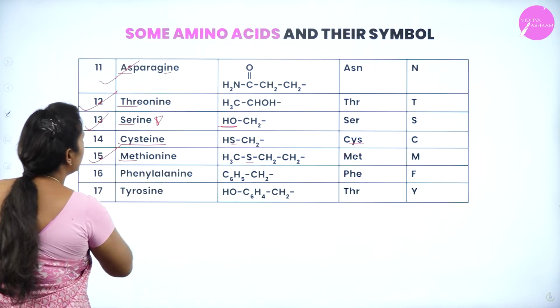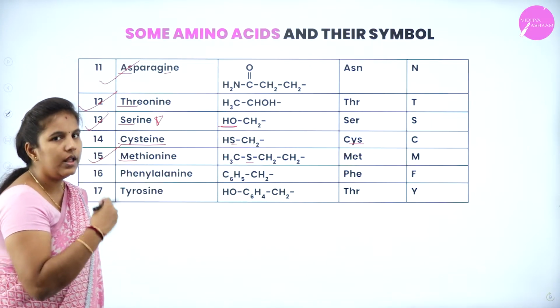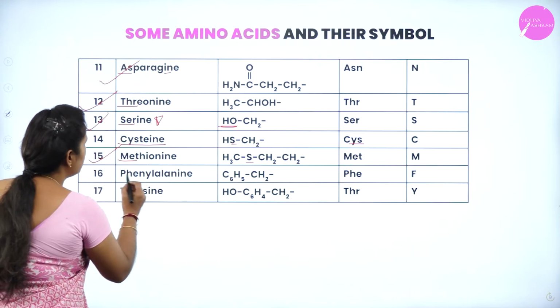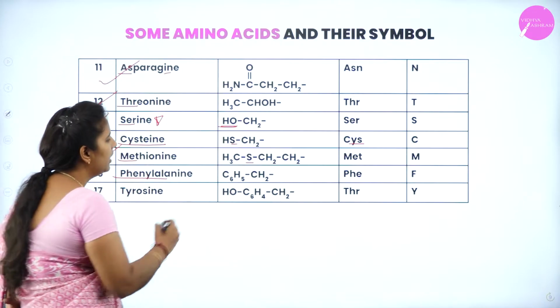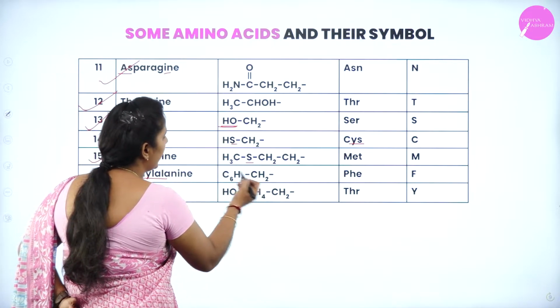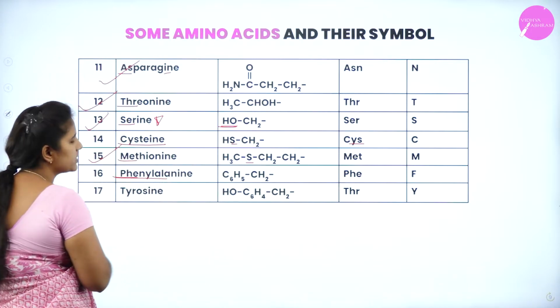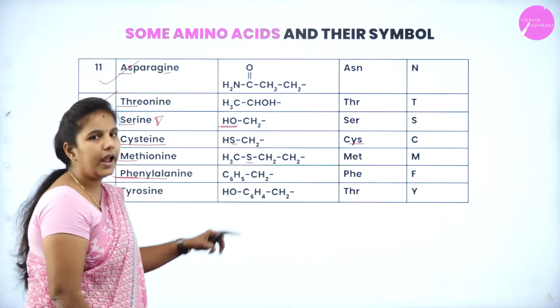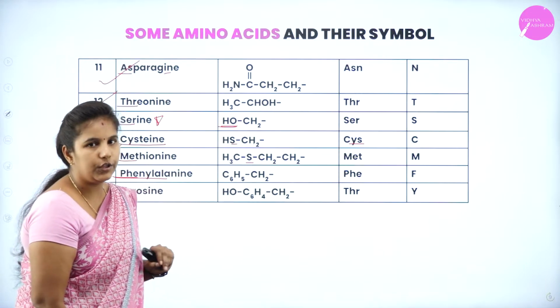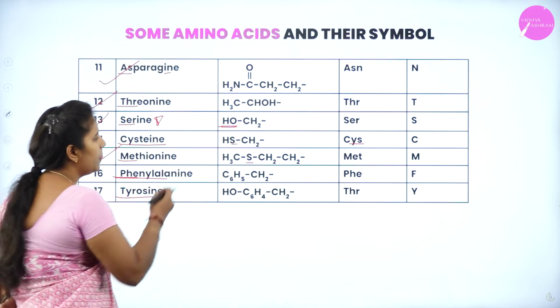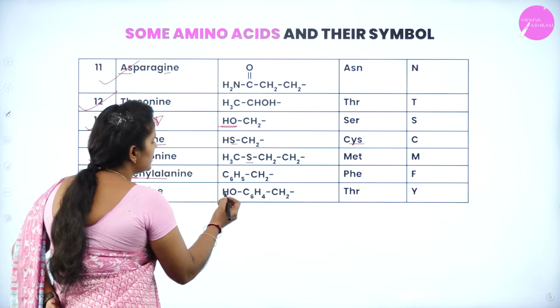Here the first 3 letters will be considered as the 3-letter code and capital M will be used for the 1-letter code. Then comes phenylalanine. So it is C6H5CH2 and the first 3 letters go like this, that is PHE, and capital F will be used here. Next is tyrosine and the variable group will go like this,